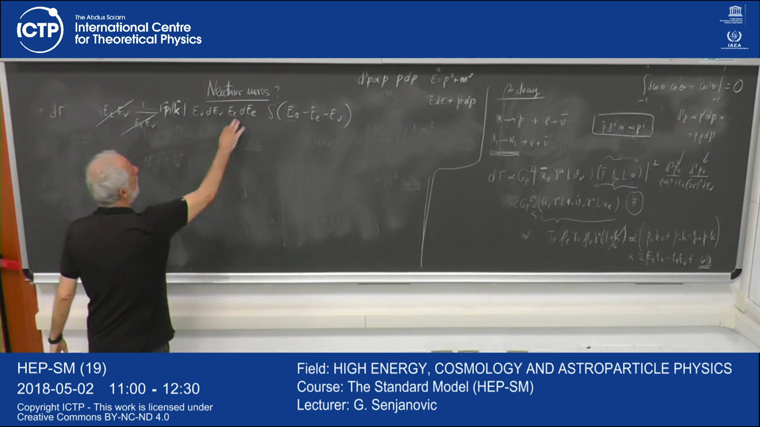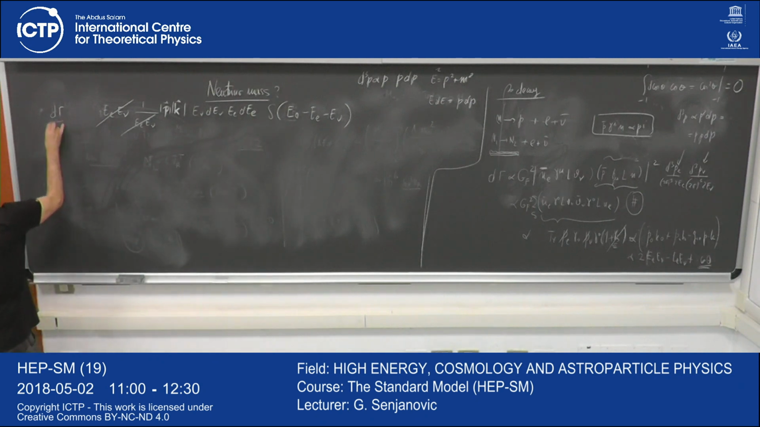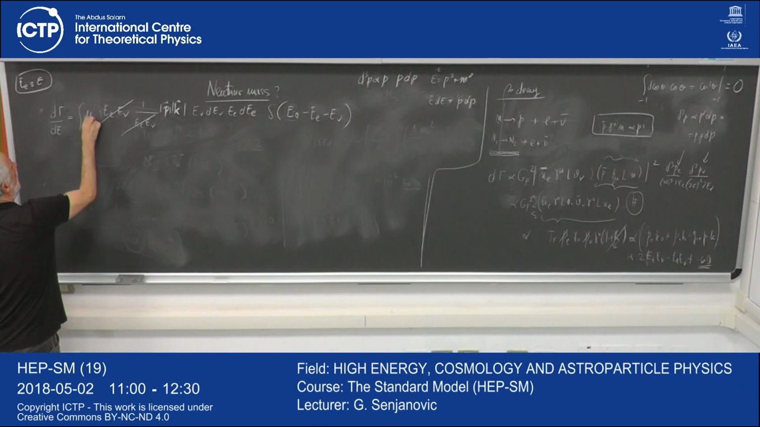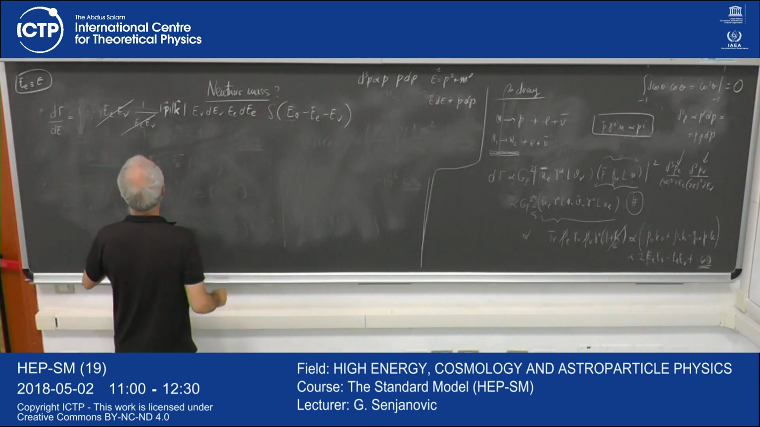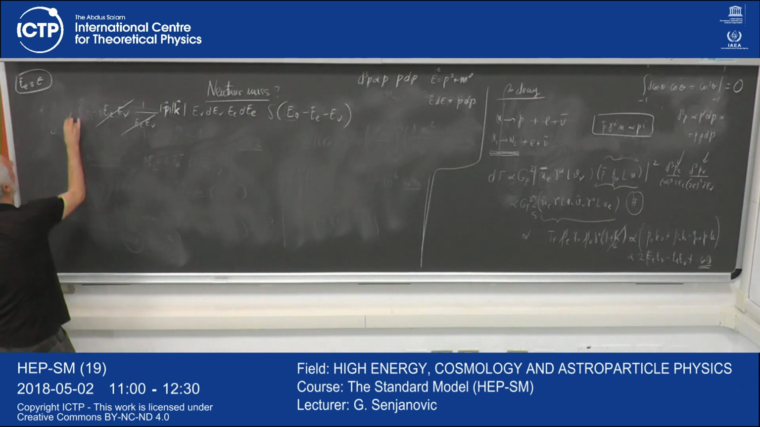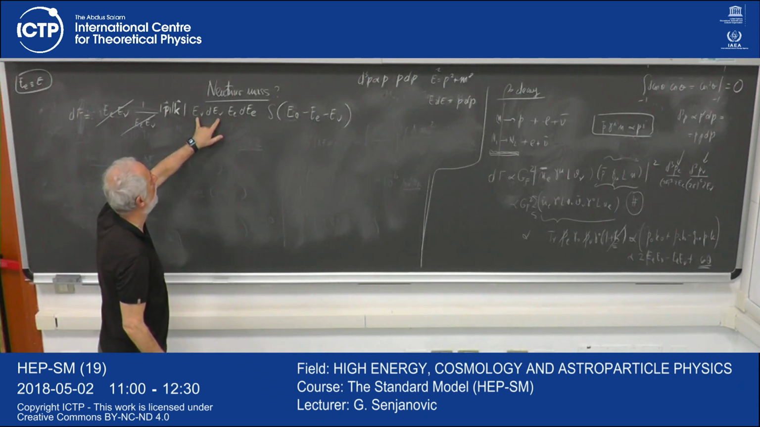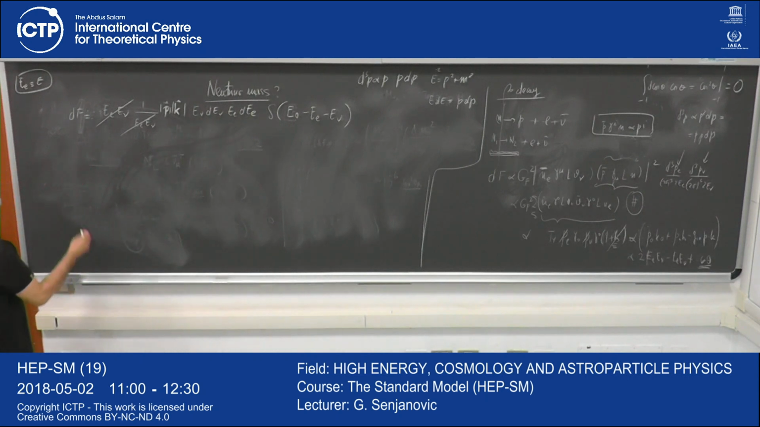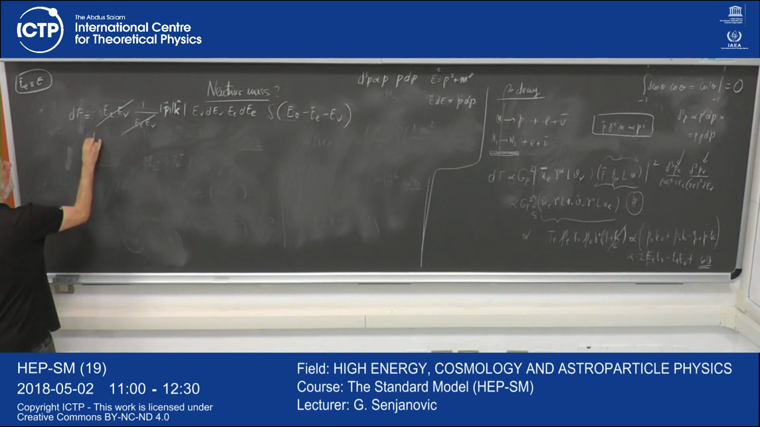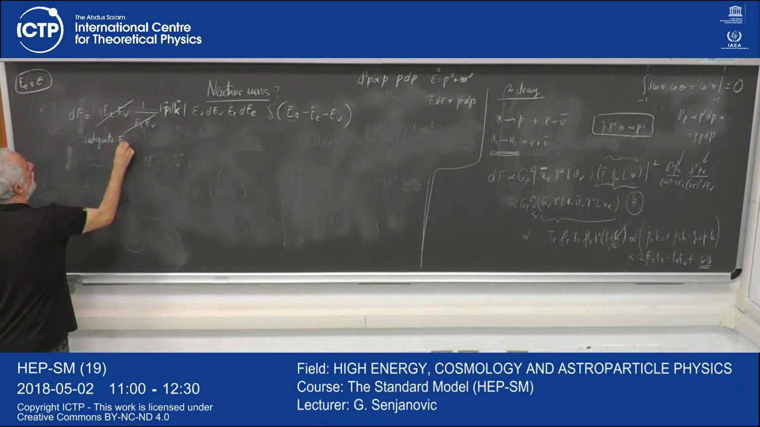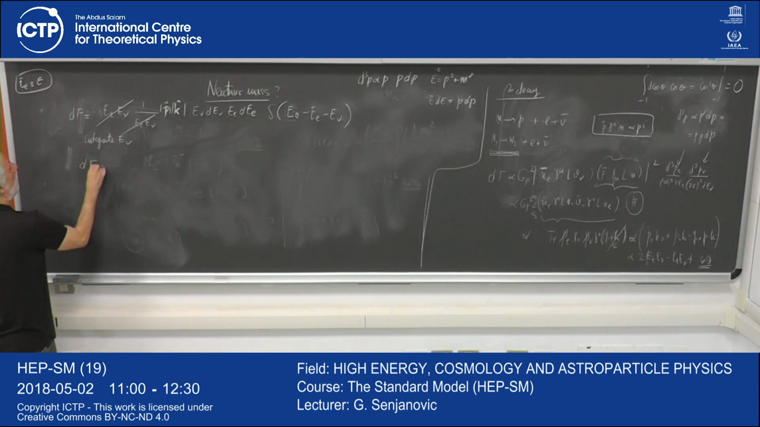I can integrate immediately, so d gamma over dE electron. Let me call E electron E now. And let me integrate this over dE nu. Well, no, this was good, sorry. D gamma is this. So if I integrate over E nu, what will I get? I will get d gamma proportional to